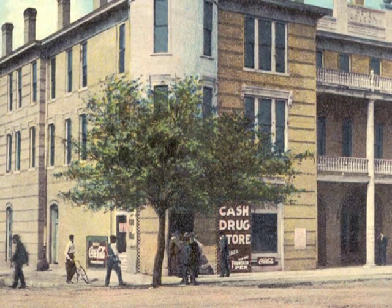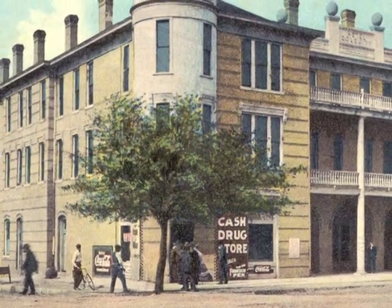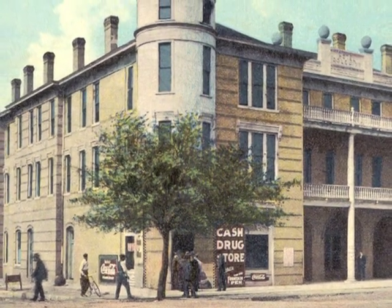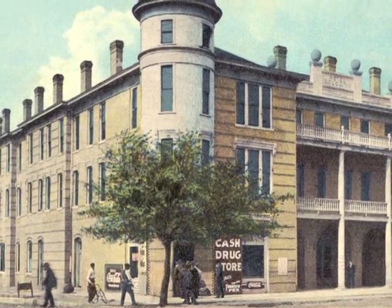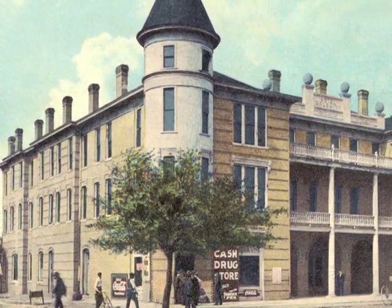The first Hotel Colquitt was completed in 1902, the same year that the courthouse was completed and the year of our economic boom. It was a three-story structure with a corner tower and had the distinction of being Moultrie's largest